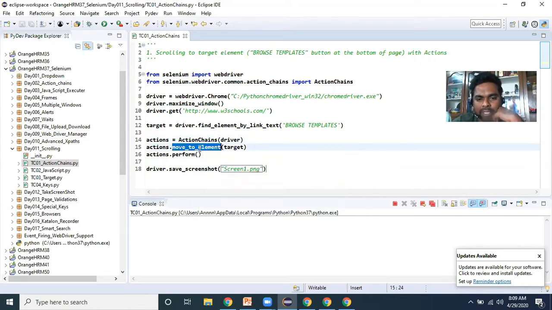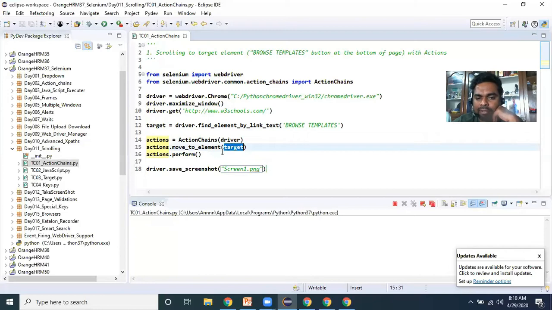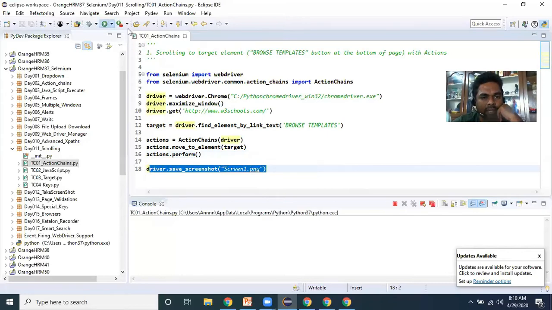Move to element is a method in the action chains, where I want to move, this is the target element. To perform the navigation I have written actions dot perform, so that when this line executes, it navigates automatically to the target location, and after that I'm taking the screenshot. Now let's run.